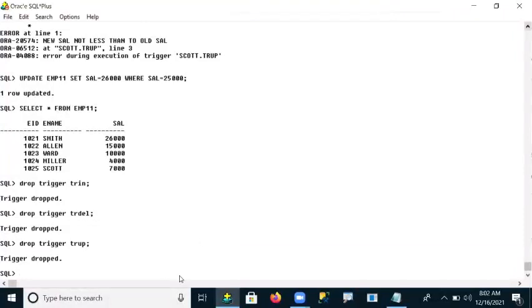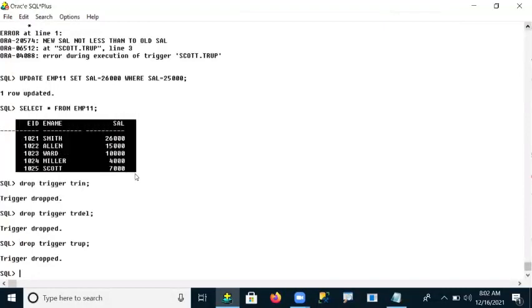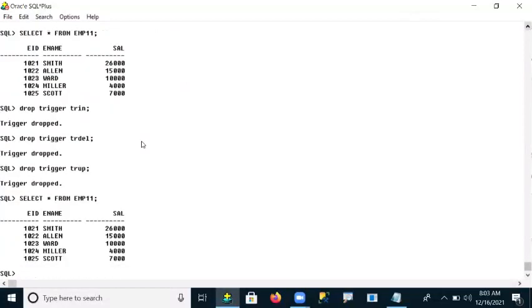On my EMP11, whatever triggers I previously created, trigger in, trigger del, trigger up, all triggers I dropped. So now on this table there are no triggers, which means there are no restrictions on this table. Understand now?